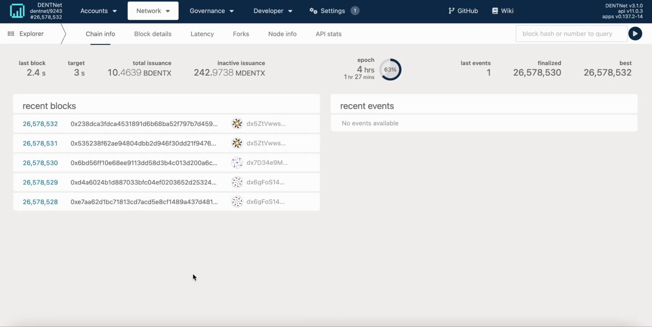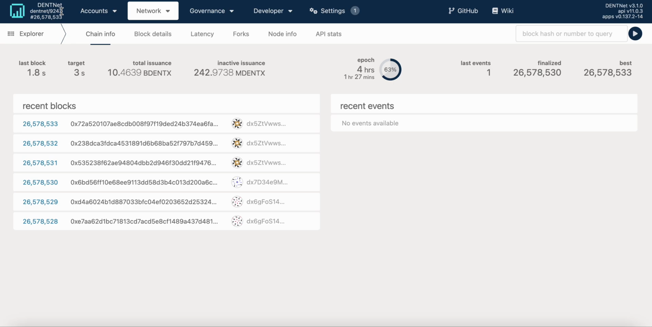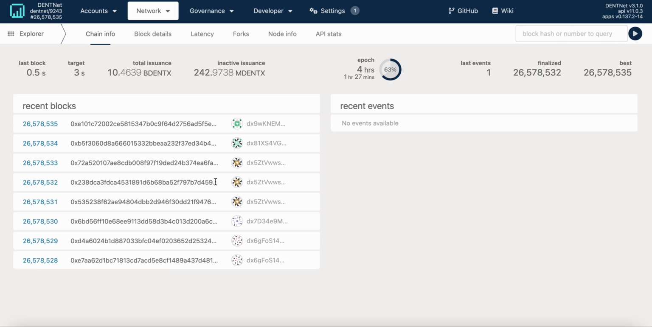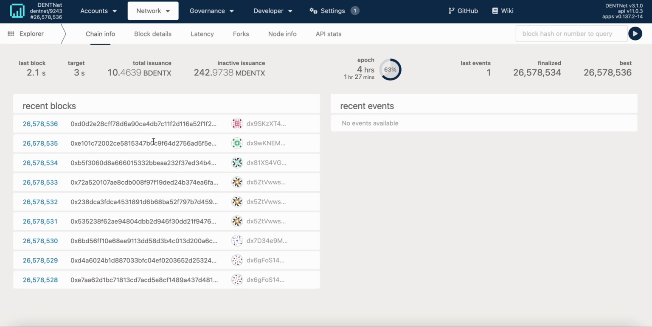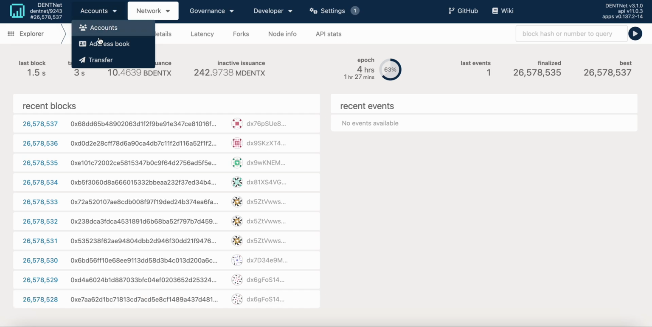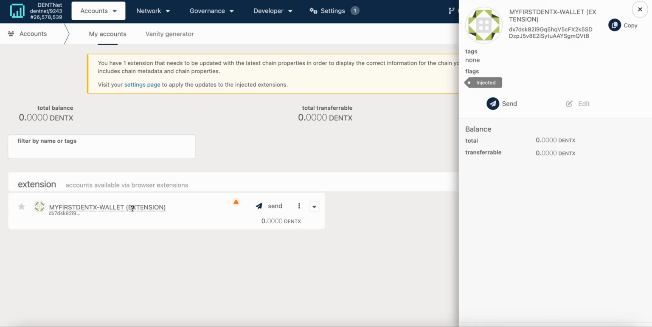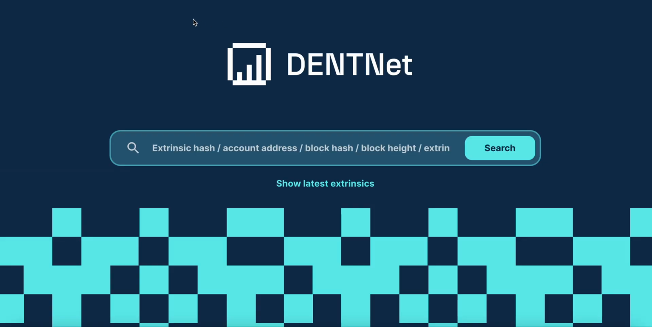So now you are technically connected to the DentNet's main blockchain with your wallet, and now I would be interested to see what my wallet address is, right? That would be the first thing you want to do. So you go to accounts and click that, my DentX wallet, you can see your very first DentX token wallet generated, and you can verify that against the DentNet's blockchain as well. So you copy that address, and there is a